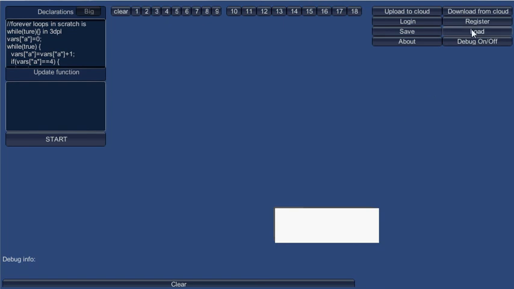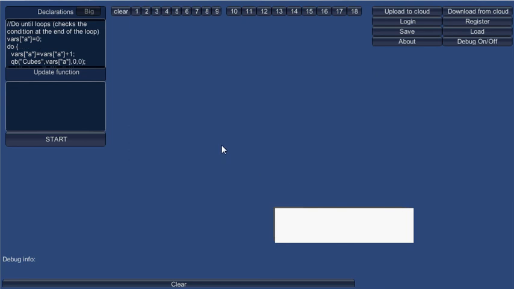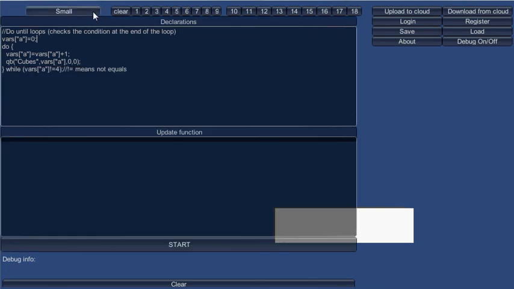Now let's go to the last example. Which one is it? Do until loops. Now the output of this is pretty much the same. It's just a little bit longer bar. So here I'm setting a equals 0, and the difference between a while loop and a do while loop,